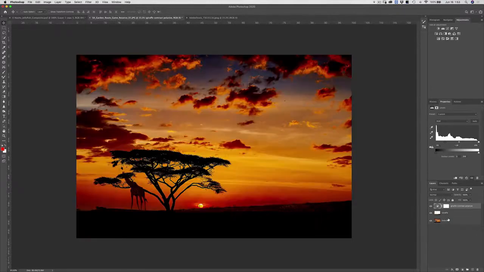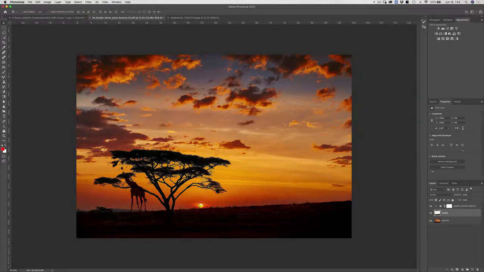Let's turn our new background back on, and now we're going to clip this giraffe contrast polarize layer to our giraffe layer. Hold down Option or Alt and click between the two layers.